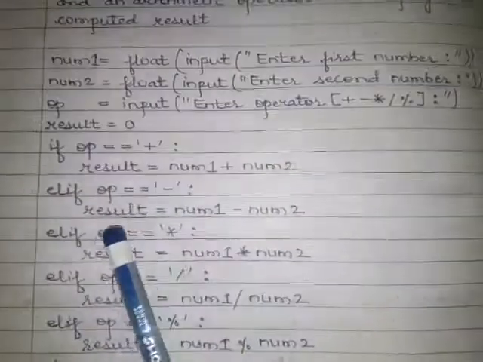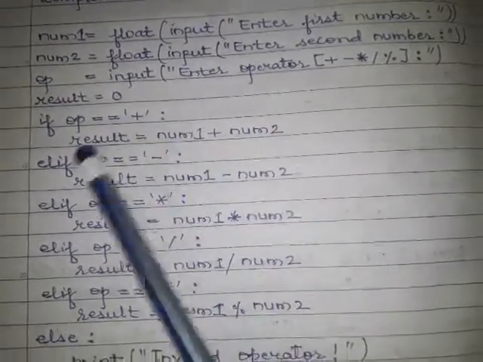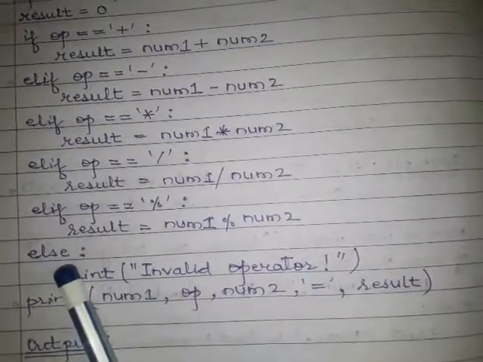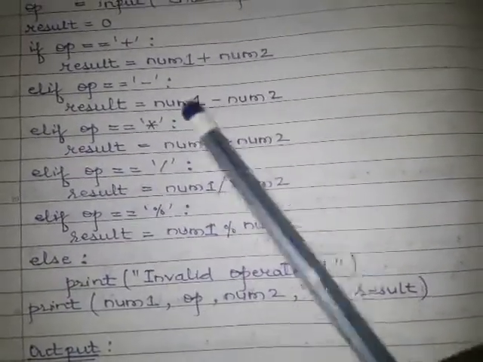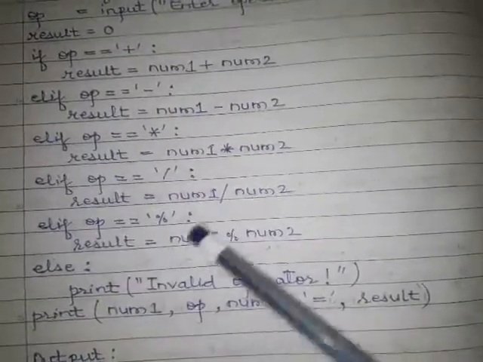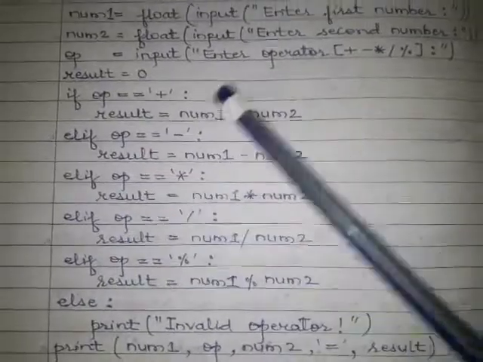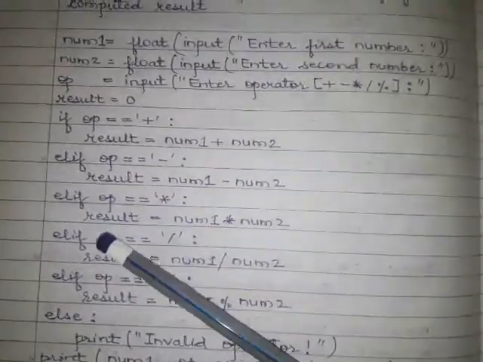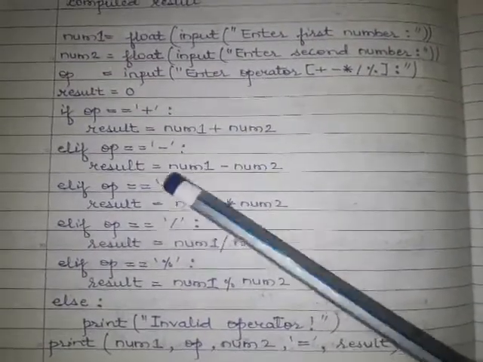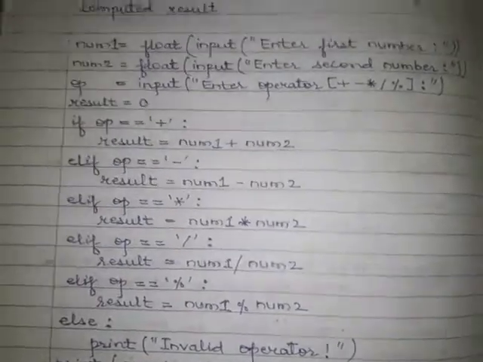So this condition is true, this result will be stored, and all the remaining conditions are false, and this last statement is executed, because else is not executed if any one of these is true. If all these are false, then the else part will execute. You can check this program for various conditions, and then you will easily understand it. First make the program, save the program, and then check it.